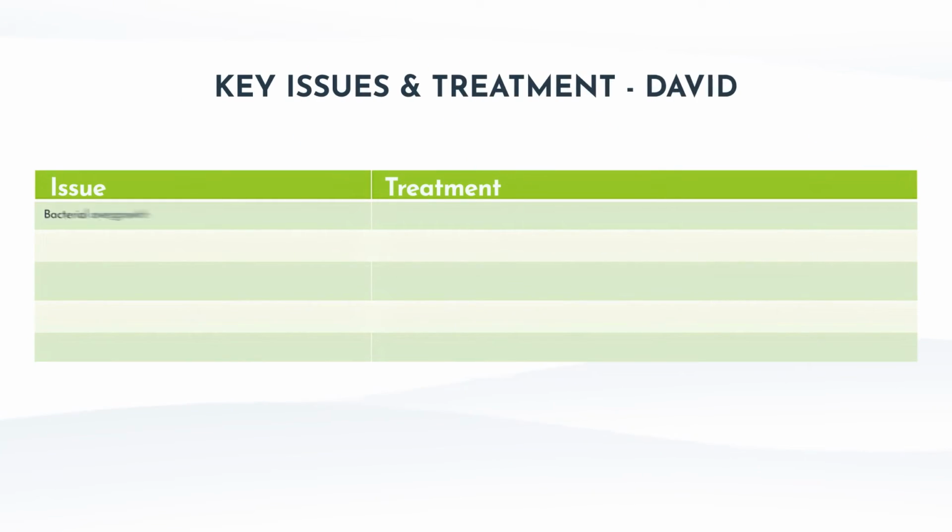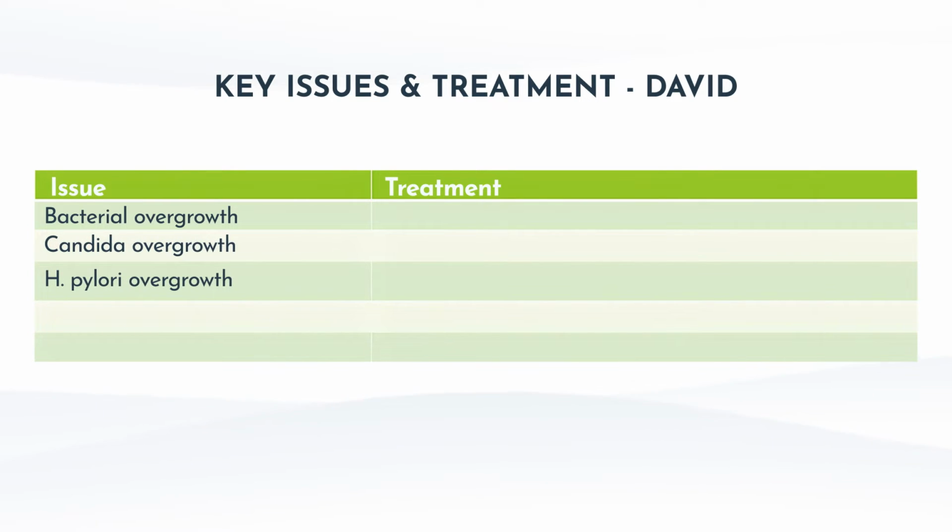Okay, so now the question is, what do I do to help a patient when I get the results? I see the issues. How do I help? I'm going to go through and mentally list out all the issues that the person is having. For this patient, we know that there's bacterial overgrowth, Candida overgrowth, H. pylori overgrowth, and low commensal, too low bacteria. Those are the issues I'm going to go after.